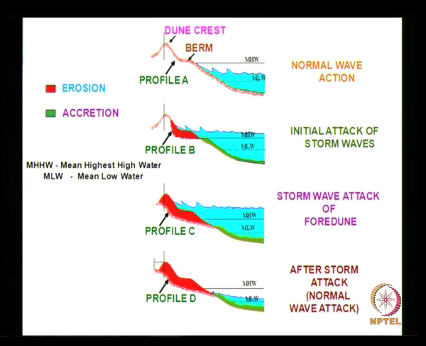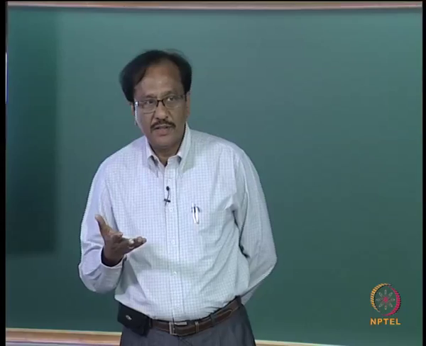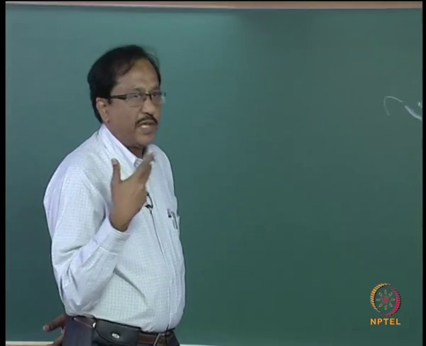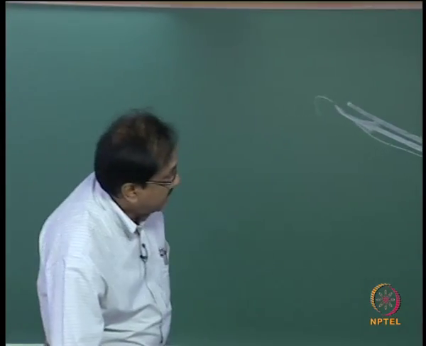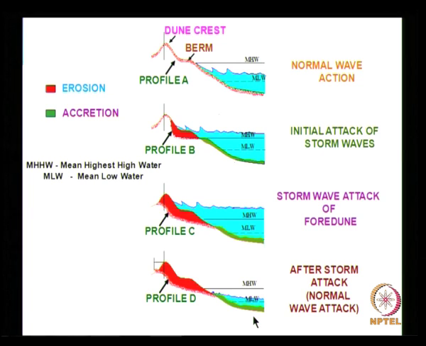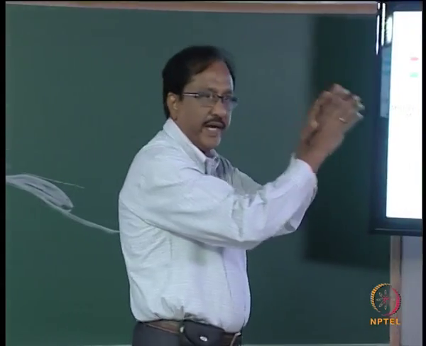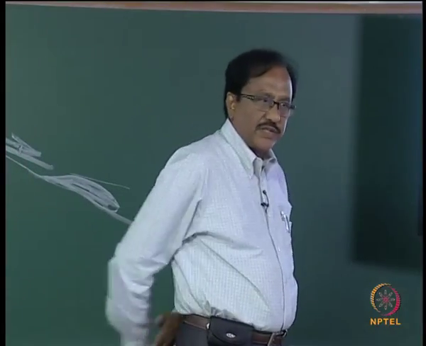So now the storm recedes, it settles down. The original scenario comes into picture. The original scenario is this one, which corresponds to the first one. Under such a situation, what will happen? When the waves are propagating, you know the effect of orbital motions, you know the effect of mass transport velocity. So the sand in the seabed will be removed and the sand will be directed towards the direction of propagation, which will be towards the coast.